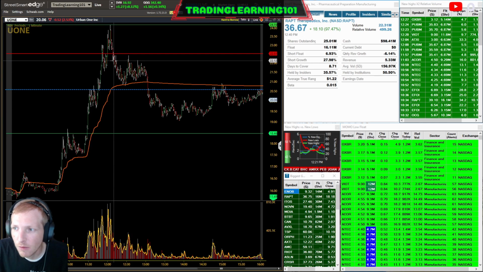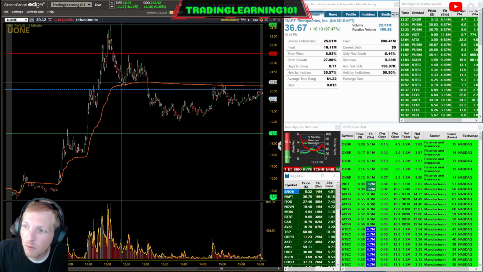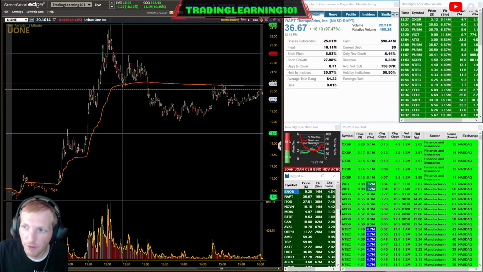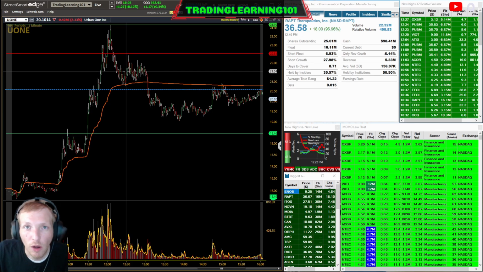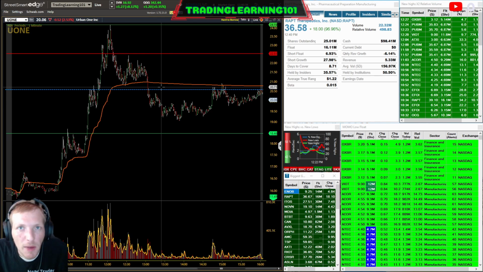The stock comes all the way down to this orange line, which is the VWAP. And look at, from $21, it bounces right off of it up to $21.50. So a nice little 50-cent scalp on that. Pick up 1,000 shares, bounces up 50 cents. That's $500 in your pocket in a minute.